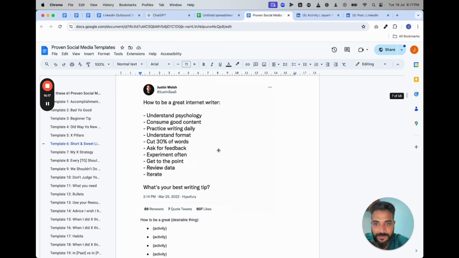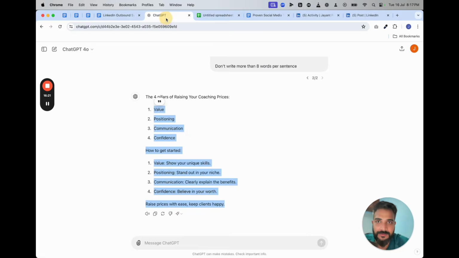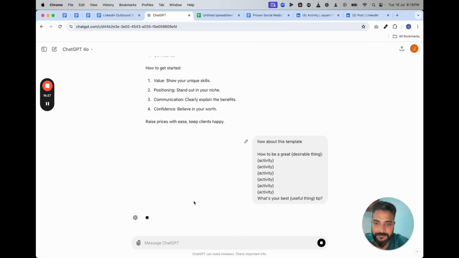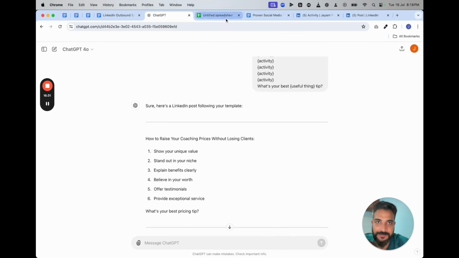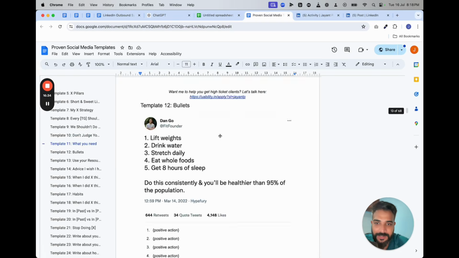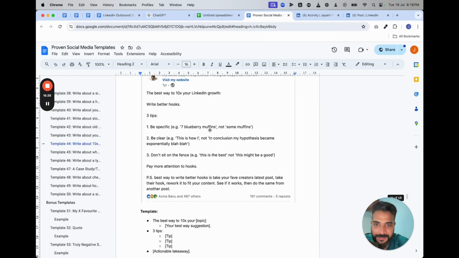We can also take, this is a good one. How about this template? There we go. Show your unique value, expand. There we go. I can go down to beyond 30. I have stolen from a creator.